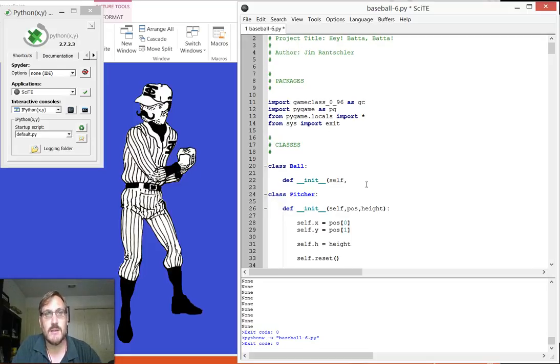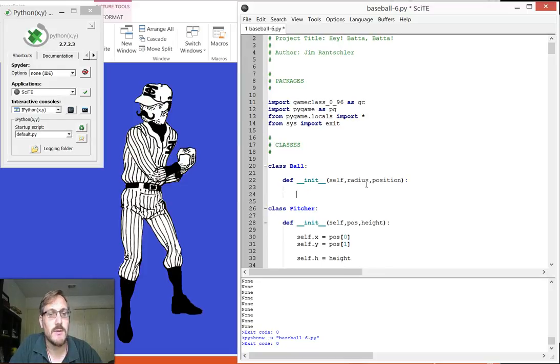Some things that we need to know about the ball right away are the radius and the position. The other things we're going to need eventually are the mass and the initial velocity. Right now we're giving it the initial position, where it exists at the first instant when the pitcher gets done with his throw, and how big to draw it. In fact, it's going to be a little bigger than it really is, because if you look at the animation,